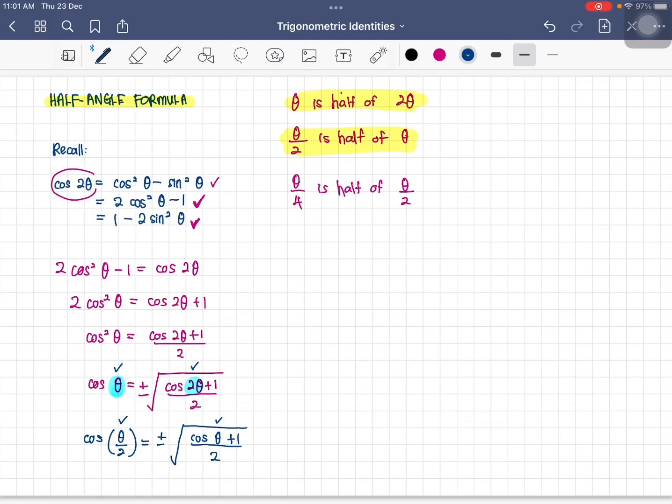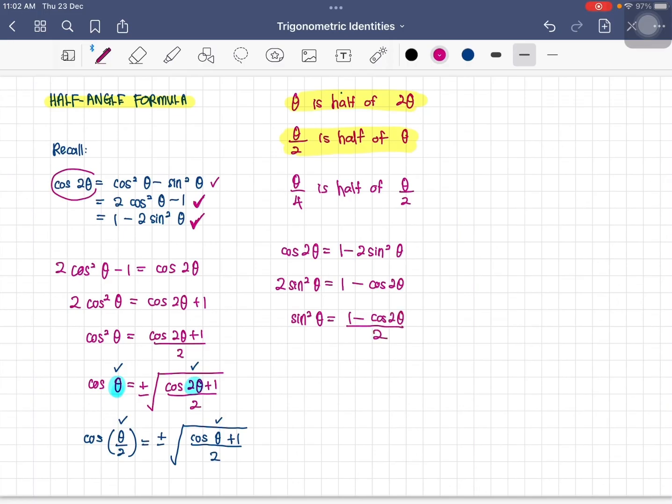Now you're going to proceed with the formula for the sine of theta over 2. So actually you have to use the third formula here. Suppose I start with the cos of 2 theta given by 1 minus 2 sine square of theta. Alright, now I'm gonna write 2 sine square of theta is actually 1 minus cos of 2 theta. So I have sine square of theta, which is given by 1 minus cos of 2 theta, the whole thing